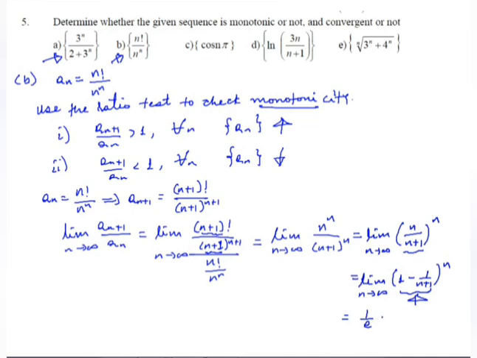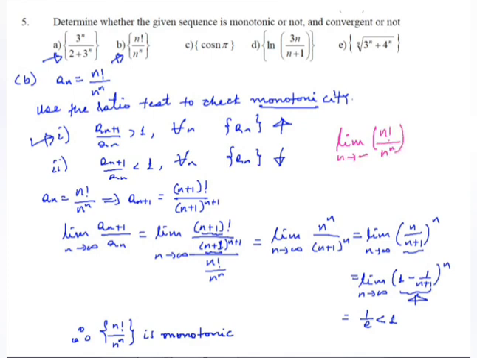so 1 over e ደግሞ it's a number less than 1 okay therefore n factorial over n to the power of n is monotonic እንላለን። this is monotonic. the other thing እዚሁ ጋር ማየት ያለብን the other thing the limit of n factorial over n to the power of n as n approaches infinity የሚሰጠን 1 over e ነው። so ይሄ sequence convergent ነው ማለት ነው። therefore the sequence n factorial over n to the power of n is convergent ነው ማለት ነው። so ሁለቱንም ነው ሞኖቶኒክም ነው ኮንቨርጀንትም ነው ማለት ነው።